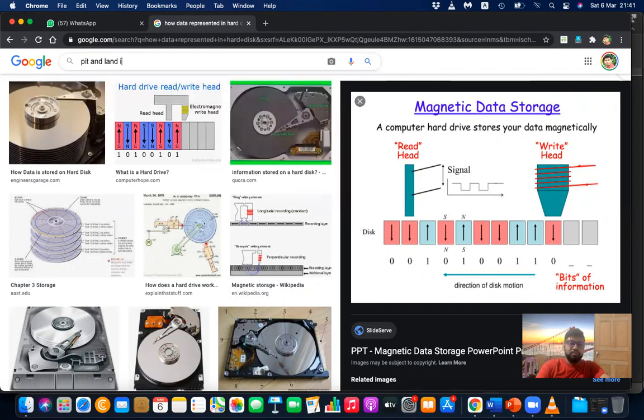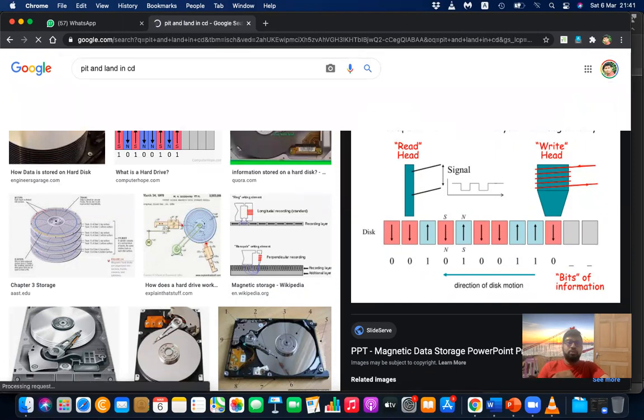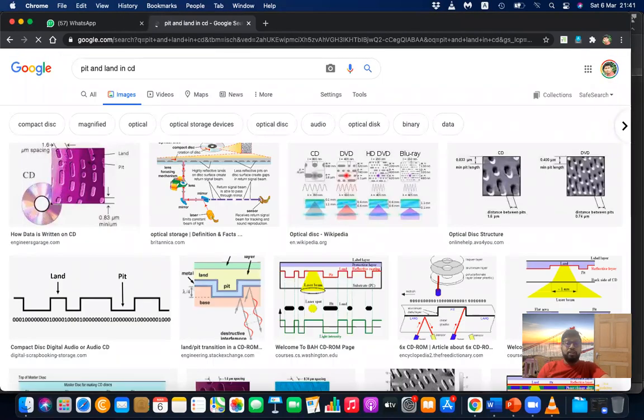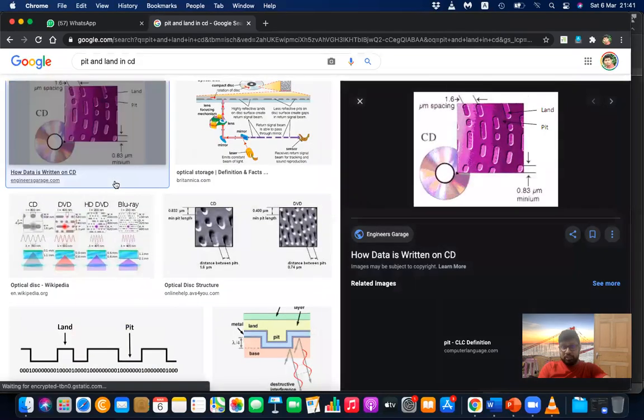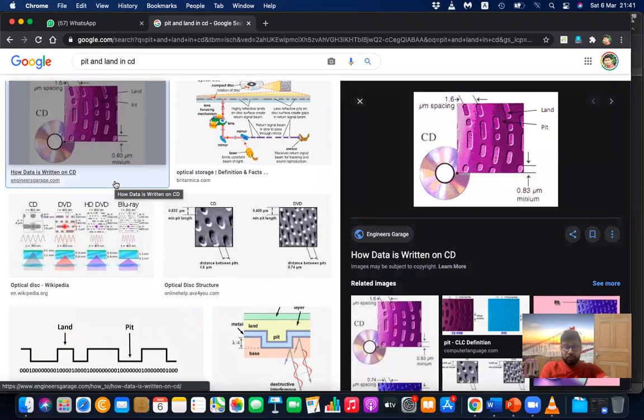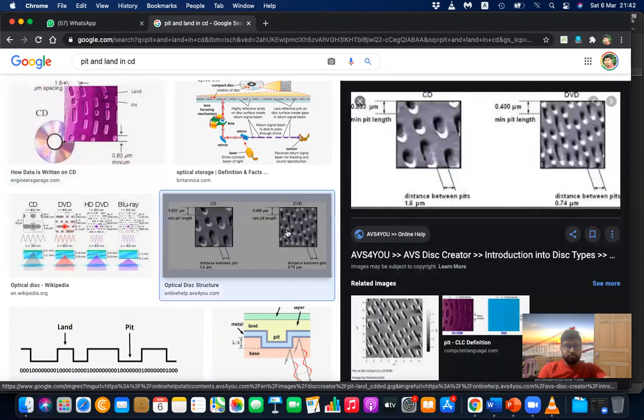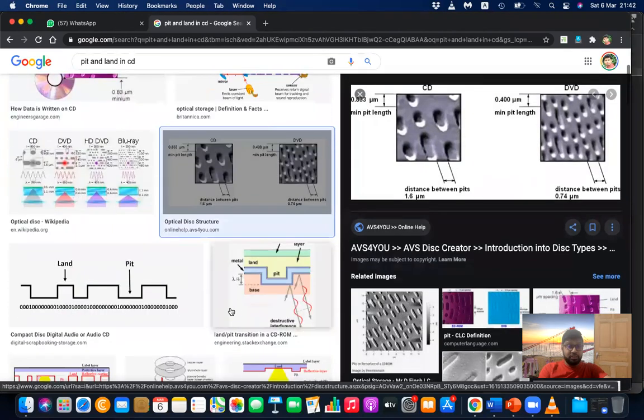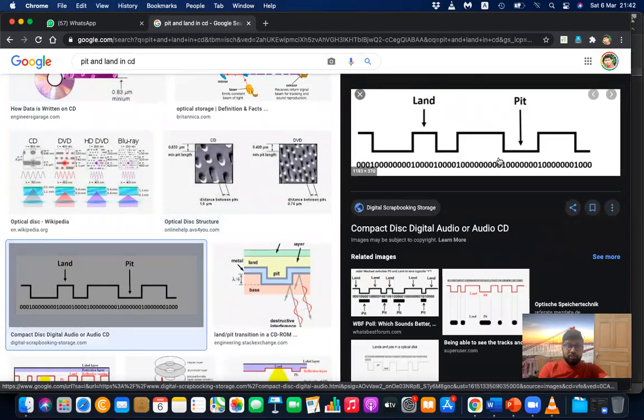Pit and land in a CD. Basically, the burned point and the unburned point. This is how it looks when zoomed; when you zoom using a microscope, this is how it looks. But when you burn, what will happen? When you burn, it will be created.